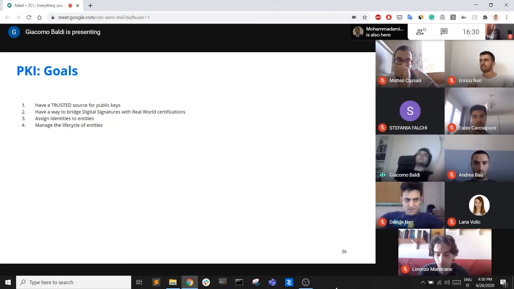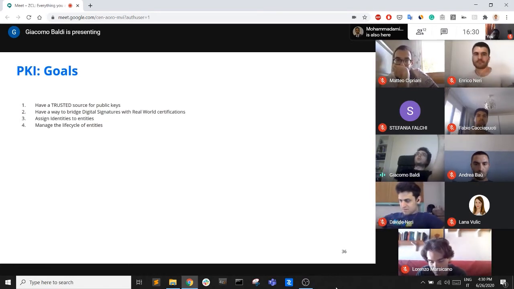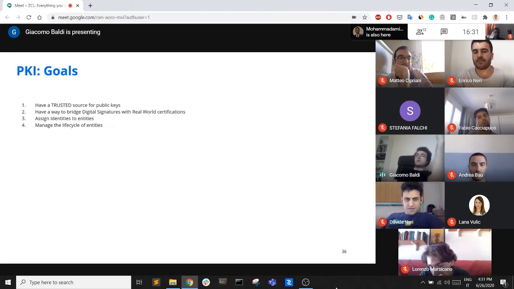So what are the PKI goals? We want to be sure that the public keys that we use are trusted, and the meaning of trusted will be defined in the next slides. But as a simple introduction, as we saw before,